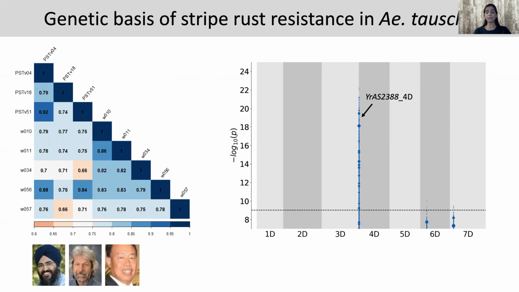Surprisingly, we got the same peak on chromosome 40 associated with all the 7 isolates. The peak underlies a cloned NLR gene. The association of this gene with all the stripe rust isolates indicated that this gene has not yet been deployed in agriculture. For 6 out of 7 isolates, the gene explained most of the resistance in the panel,